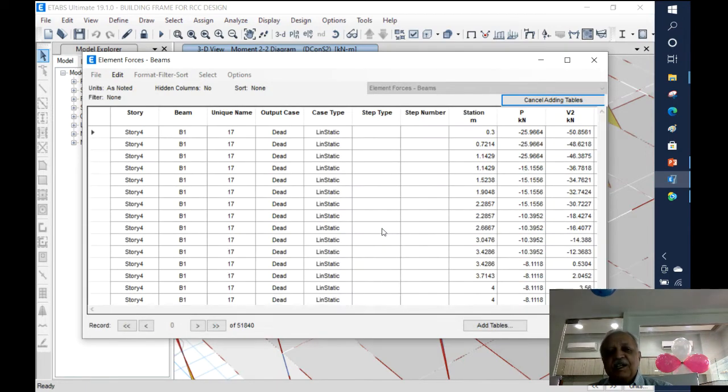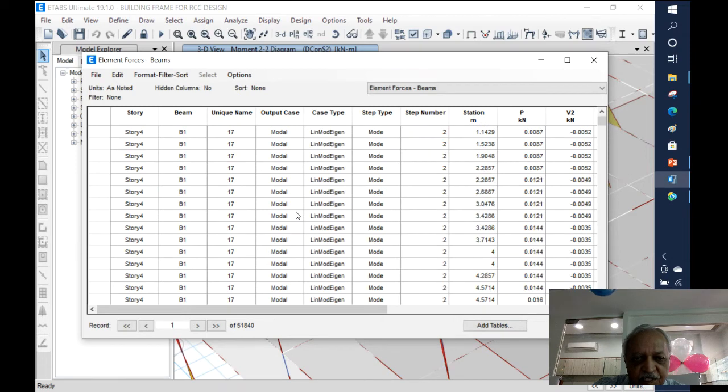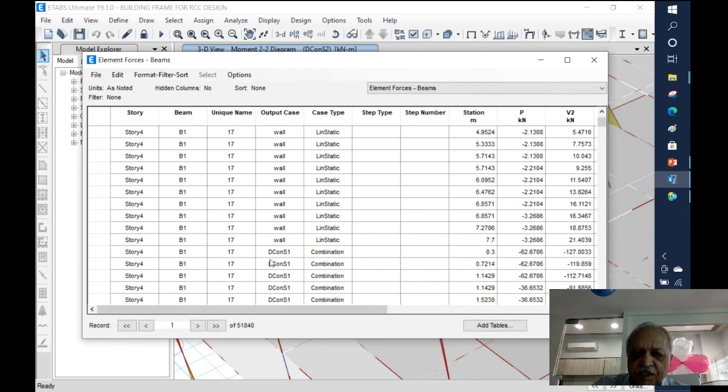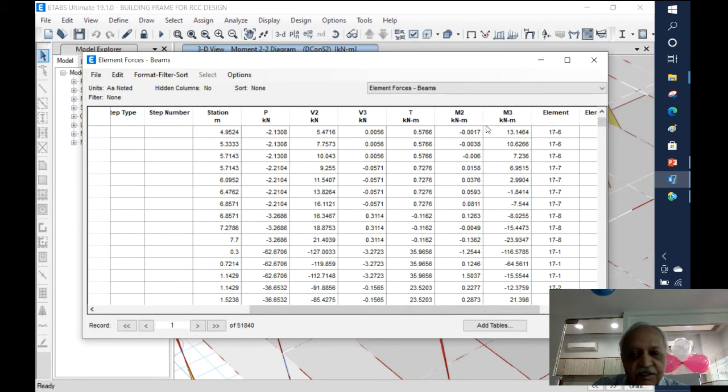So all the results which are available, so you can see that for the given structure, for any floor, if you take one of the beams, then we see that for each of the members you have got forces due to dead load, then there are other cases, then you have got the combination forces, and so on and so forth. So we can see that for the same member you get forces due to various combinations of loads, and the forces which are developed are 6 in number, namely you have got axial force, you have got shear force in y direction, shear force in z direction, then you have got the torsional moment, you have got moment about one of the axes and moment about the other axis.